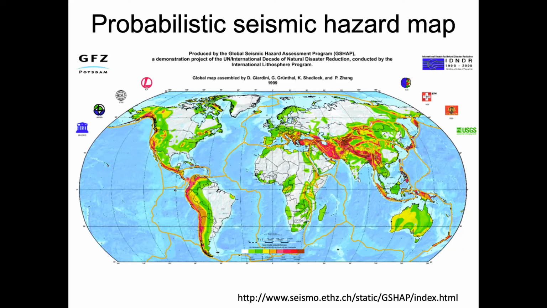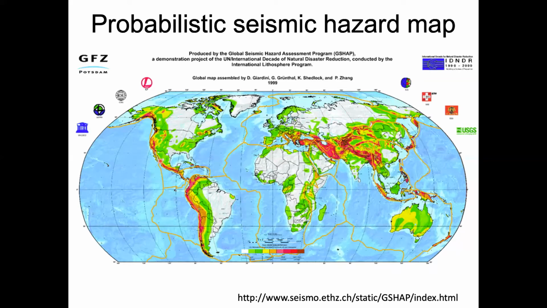You might also remember things like the subduction zone along South America, the subduction zone along Japan, and the San Andreas fault system up here in the western US. And it's the edges of these tectonic plates which typically have the highest hazard.